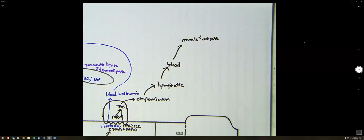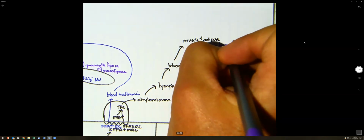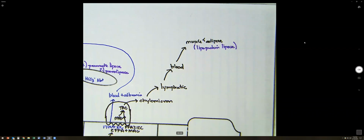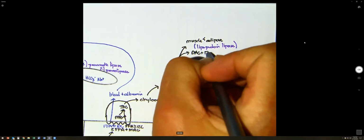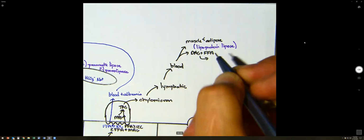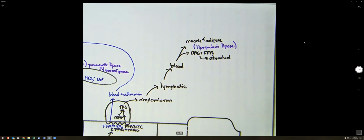And the muscle and adipose have an enzyme. We'll do it in purple because it's an enzyme. That enzyme is lipoprotein lipase. Lipoprotein lipase is unique in that it identifies the B48, which you learn about when you look at the enterocyte. It identifies that B48 and can attach to it or associate with it. What lipoprotein lipase is going to do is produce DAG plus a free fatty acid, and those get absorbed out of the blood into the